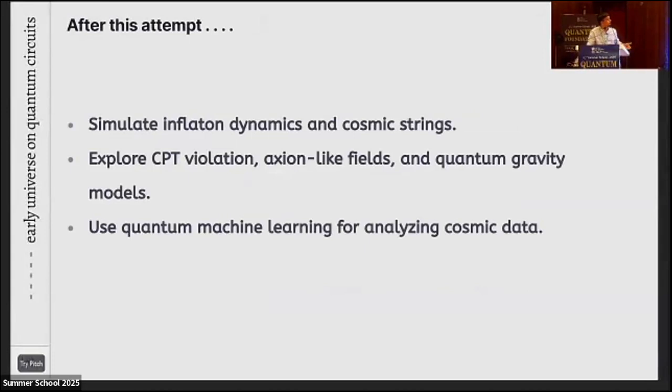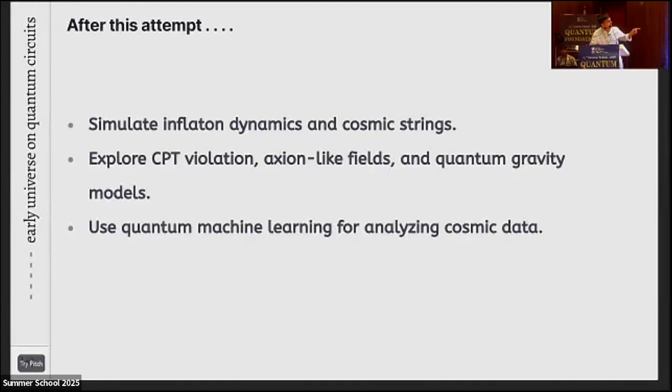And apart from that, even at the asymmetry, you can also perform CPT violation, and there you can see quantum gravity. And in quantum gravity, what you can do is map the particles to the qubits, and you can apply some operational gates to apply the quantum gravity on those particles. Or you can map any kind of objects to those particles.